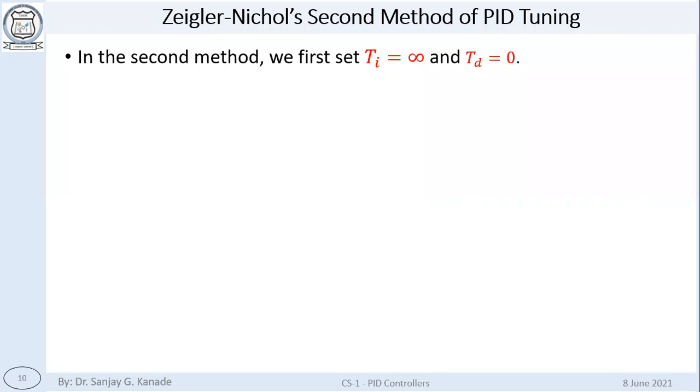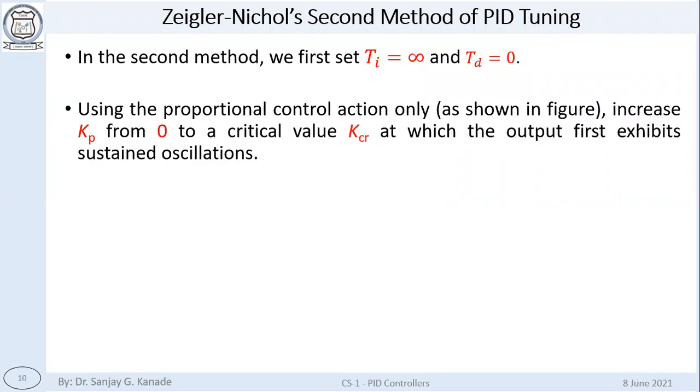In the second method, we set in the beginning Ti equal to infinity and Td equal to 0, so that only the P mode remains in the controller. So it becomes basically a proportional controller. And then we increase the Kp, the proportionality constant, from 0 to a critical value Kcr, at which the output